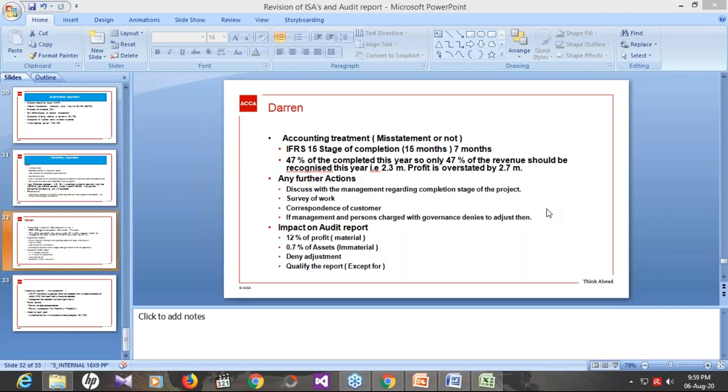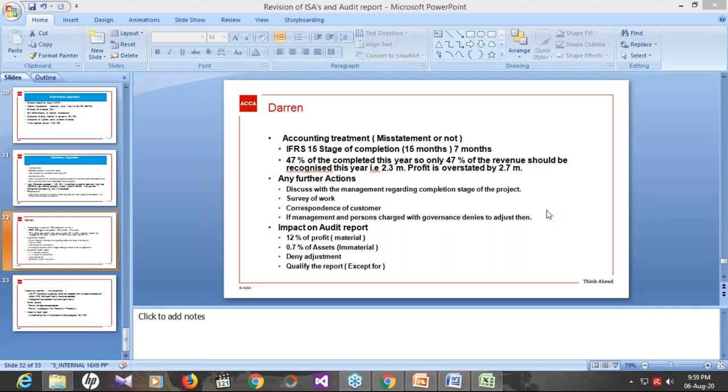And there is a question, the Darren part C. Darren relates to ISA 720. You should attempt this question at home, and you should attempt part C as well. It has an issue of ISA 720. We didn't have much time left to discuss that. In other information, we need to read the other information and find out material inconsistency and misstatement of fact, and if there is a misstatement of fact or material inconsistency, we will report it in the other information paragraph.